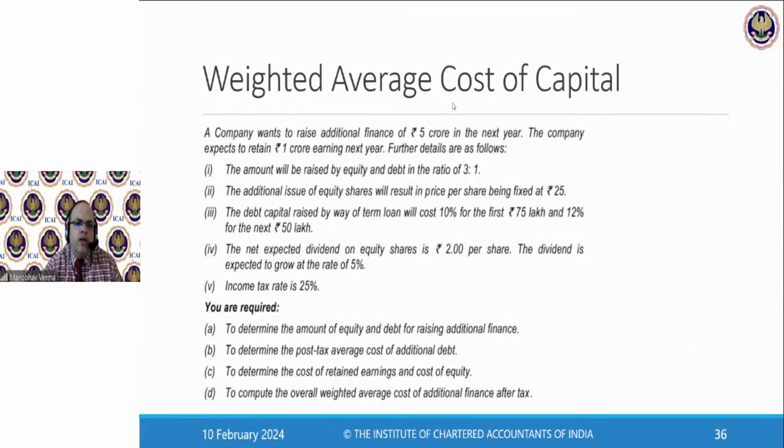The company wants to raise additional finance of 5 crores in the next year. The company expects to retain 1 crore of earnings next year, and further details are given below. The amount will be raised by equity and debt in the ratio of 3:1. Additional issue of equity shares will result in the price per share being fixed at 25. Debt capital raised by way of term loan will cost 10% for the first 75 lakhs, 12% for the next